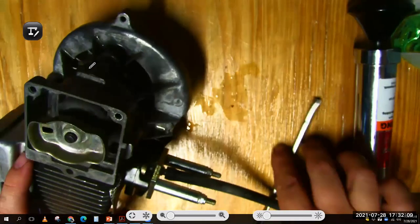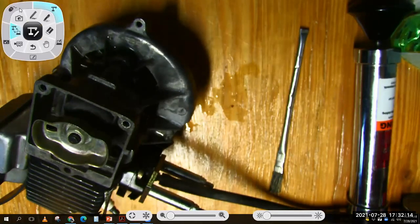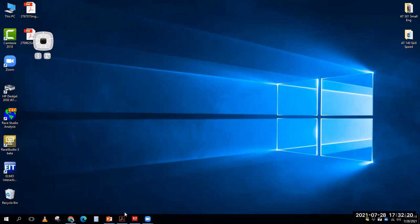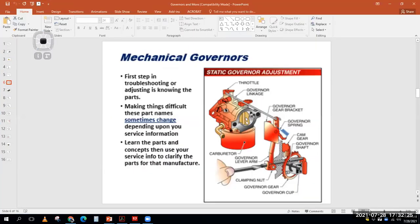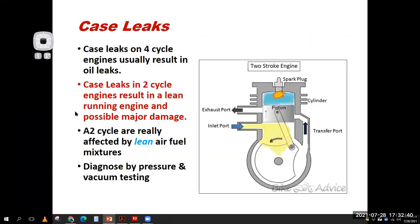So 2-cycle case leaks, if I switch this thing back now to my presentation, which is right here. Anyways, if I switch this back to my presentation, and I go back a little bit,